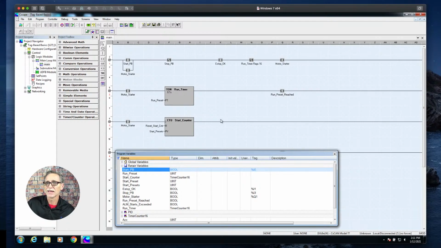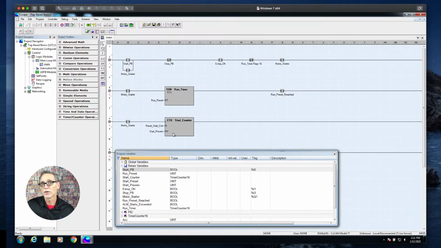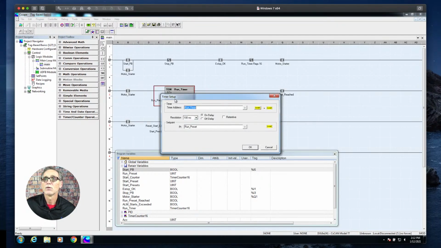All right, let's start talking about timers and counters. I'm going to switch back to the register-based version of Cscape here. Now, for those of you who are familiar with the Horner OCS, you'll know that for timers and counters, we don't have a specific data type. What we do is we just allocate typically 2 words for a 16-bit timer. The first word is the accumulator, where the counts are incrementing, whether it's time counts or unit counts in the case of a counter. So the first 16 bits, or the first register, if you will, is assigned to the accumulator. And then there's a second one that's implied, right next to it, that is assigned to